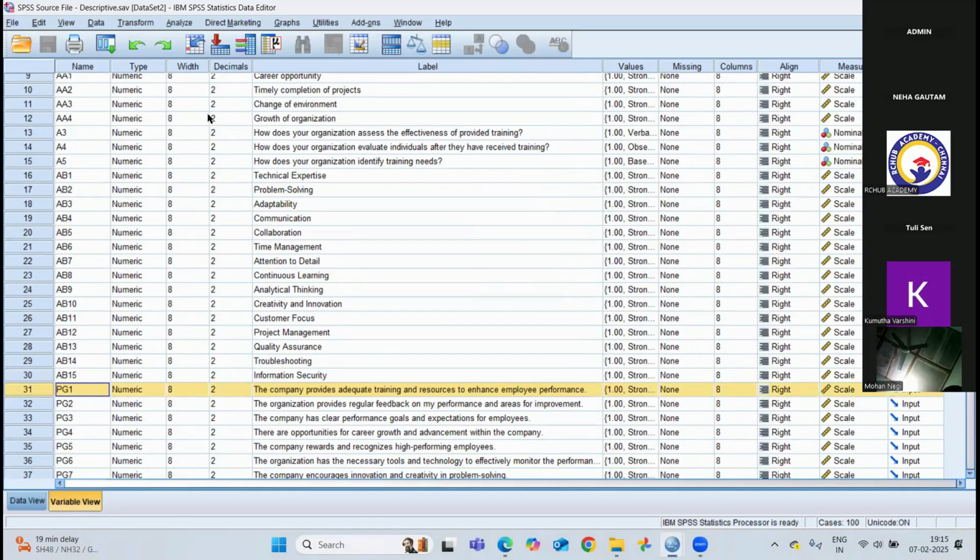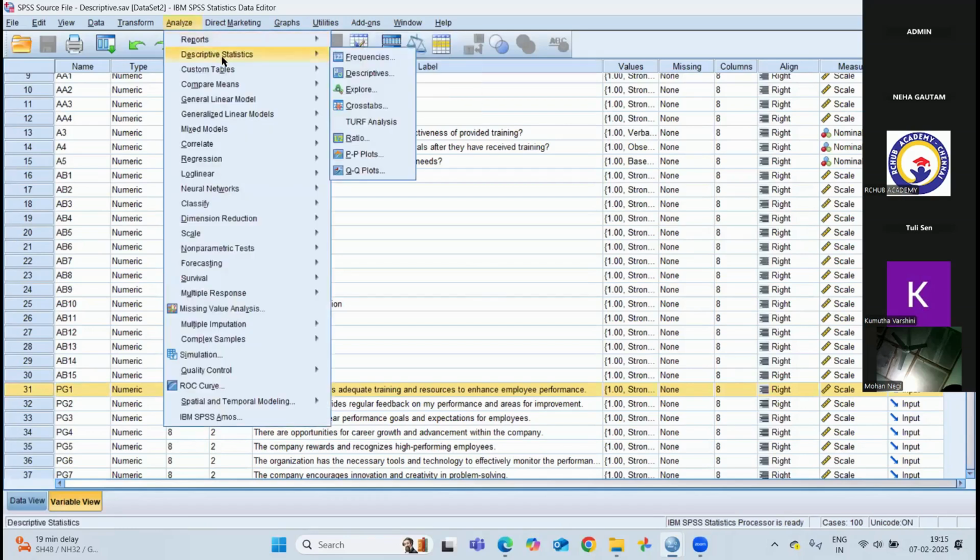PG1. So now in order to do the descriptive statistics, that is, in order to perform mean, median, mode, I'm going to click Analyze, go to Descriptive Statistics. Under the descriptive statistics, there is another tab called